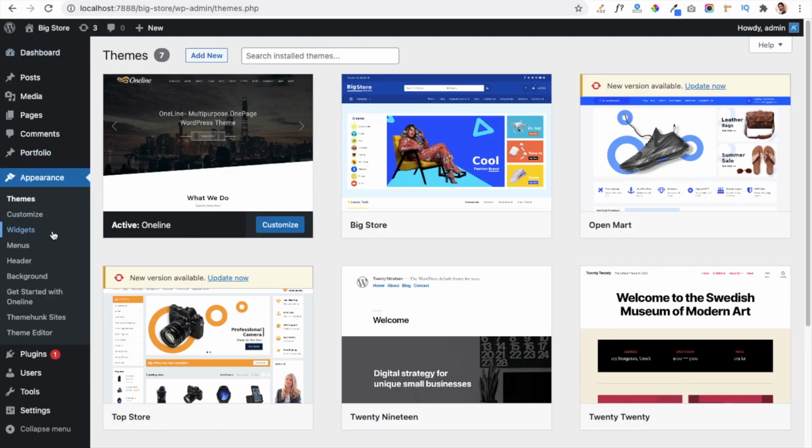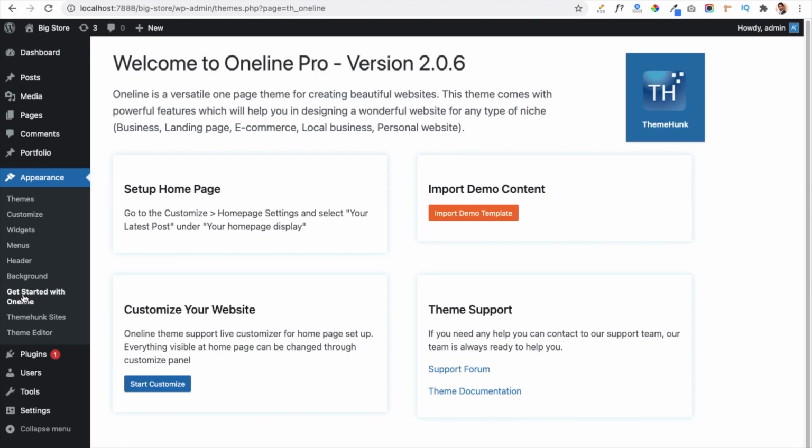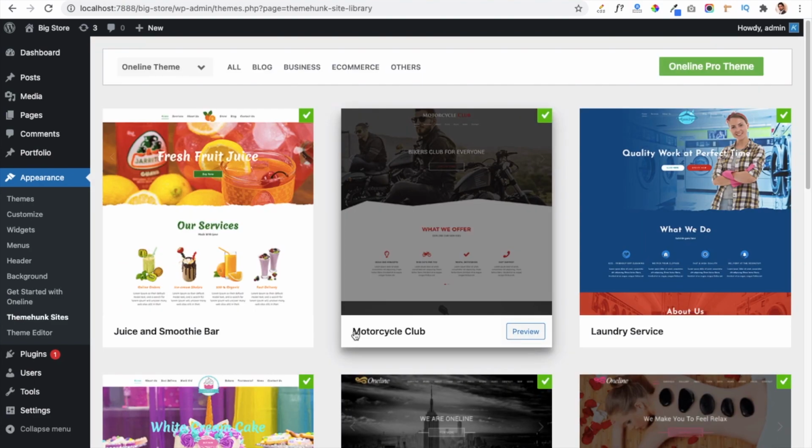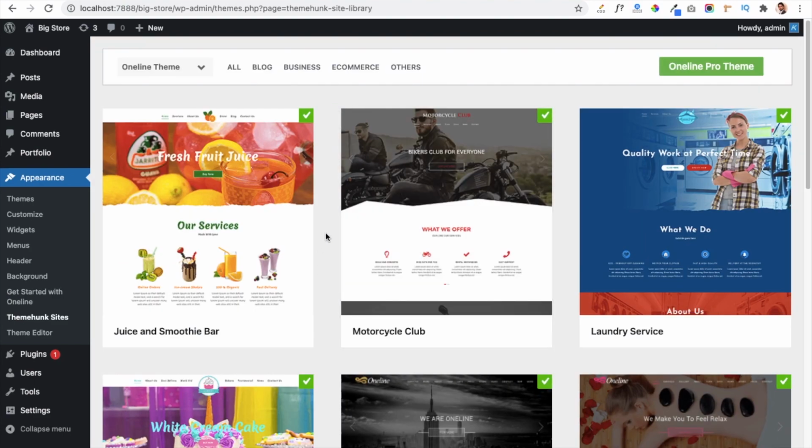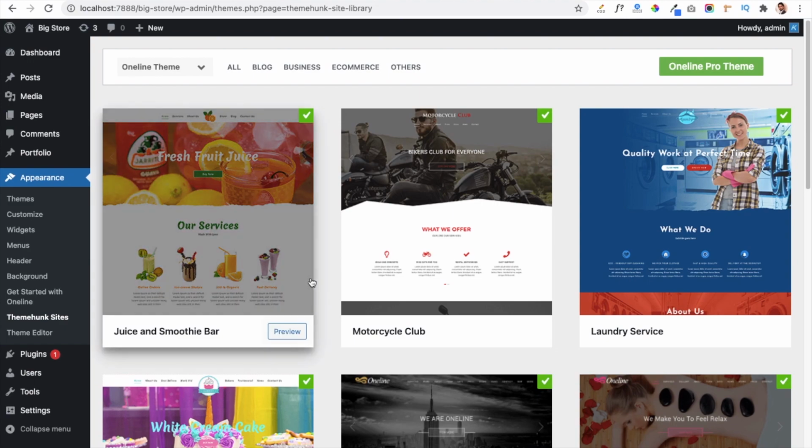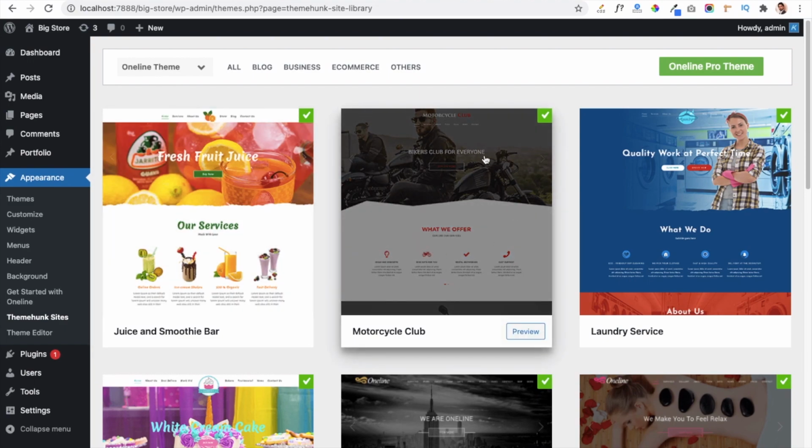So friends, now let's get started with the Oneline theme. It will be available in the Appearance tab, so click on this link, and after that you have to click on the import demo data template, and now you can see all the demos which are available with the theme listed here. Today we are going to import this motorcycle club demo, and you have to click on the